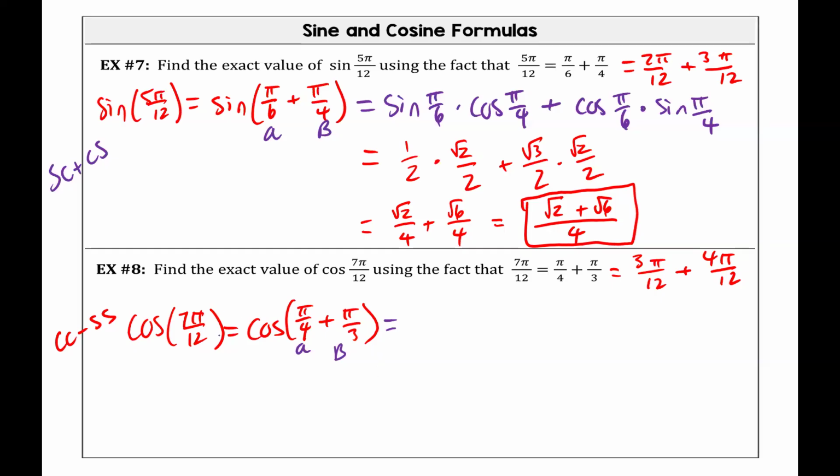Let's talk about it. Once you expand, now you have your alpha and your beta, and you're going to plug them in. So you have the cosine of your alpha, which is pi over 4, times the cosine of your beta, which is pi over 3, minus, remember, x's are liars, so cosine is the opposite of what you think. And then you have your sine of pi over 4 times the sine